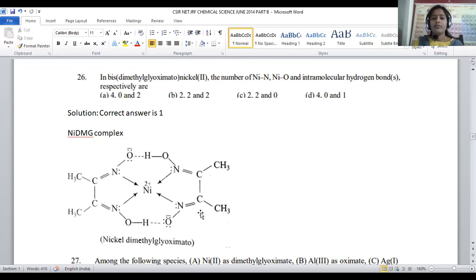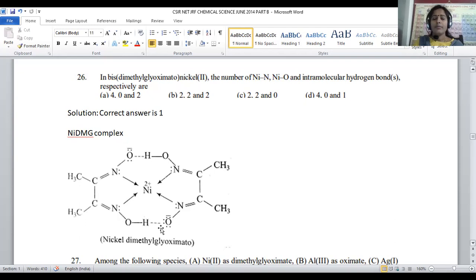So here that will be forming a cyclic chelate ring with the nickel, where nickel is surrounded by 4 nitrogen bonds. Nickel glyoxime is nothing but C double bond N OH. On this carbon we have CH3, the second carbon also has CH3, double bond N OH, right? So this is the glyoxime, and 2 moles of glyoxime treated with nickel give a square planar complex. Around the nickel, square planar geometry will be assigned.